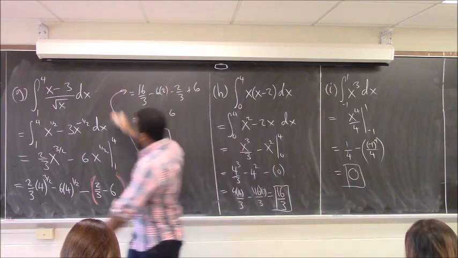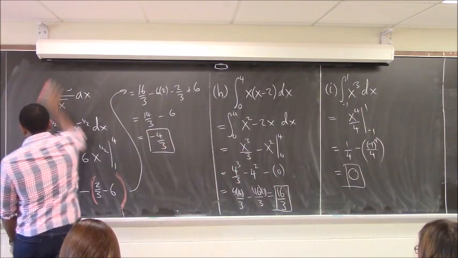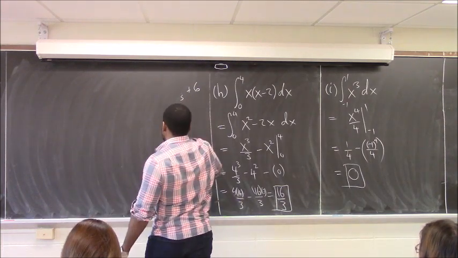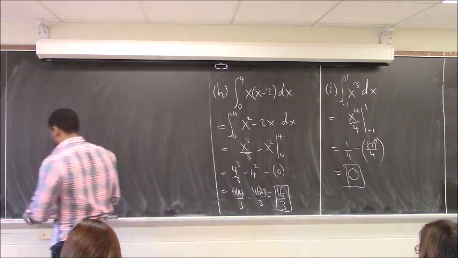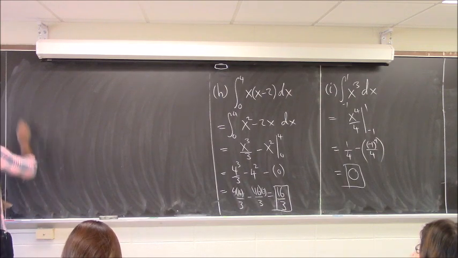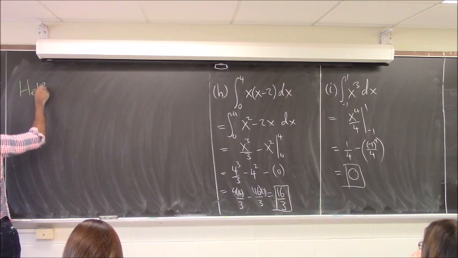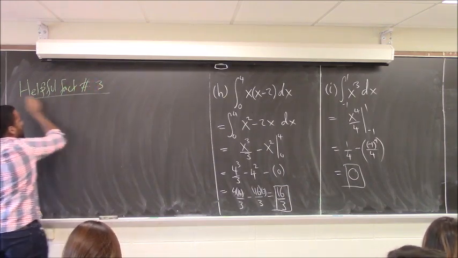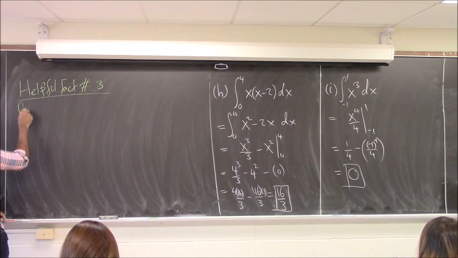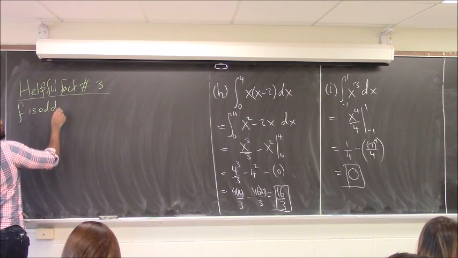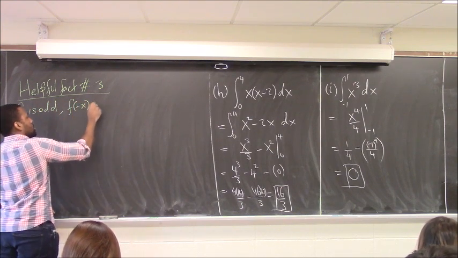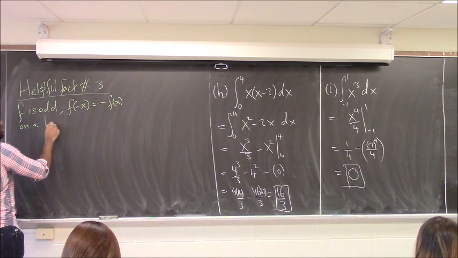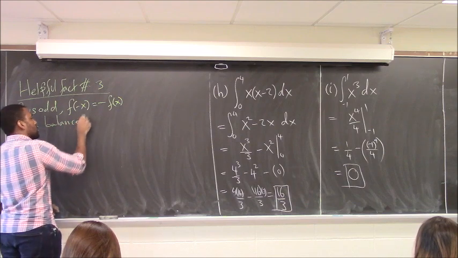Now I have an excuse to talk about another helpful fact. See, x cubed is our quintessential example of an odd function. Helpful fact. I forgot what number we're at. I think it's number 3. Now, suppose f is odd, meaning f of minus x is the negative of f of x on a balanced interval. So if you want to integrate an odd function on a balanced interval,